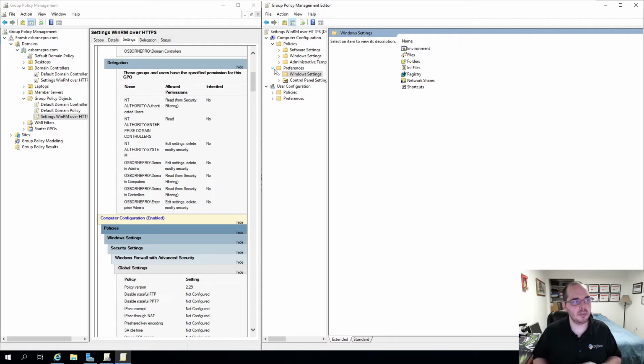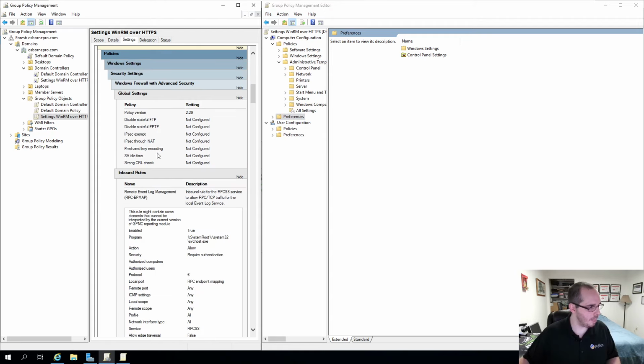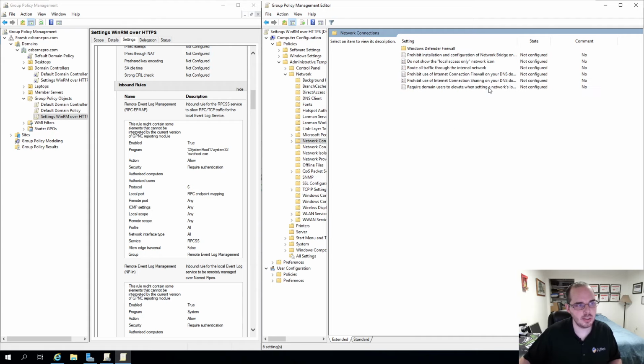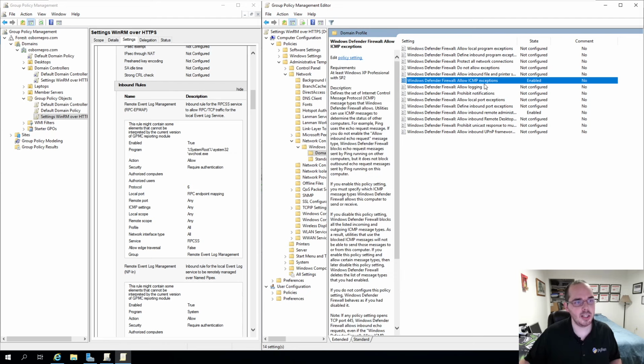I know some people like to avoid that because they're hard to undo, but these are settings we want to keep once they're created. Another thing we're going to do next is under administrative templates, there's two. So we're going to go to network, we're going to go to system and Windows components here. Under network, we go to network connections. So just to highlight, computer configuration, policies, administrative templates, network, network connections, Windows Defender Firewall, domain profile, and what we want to do here is